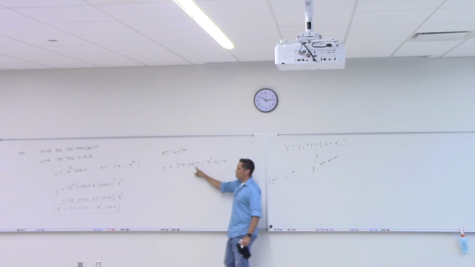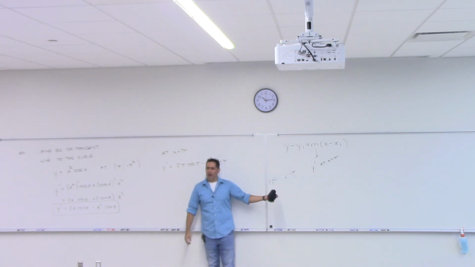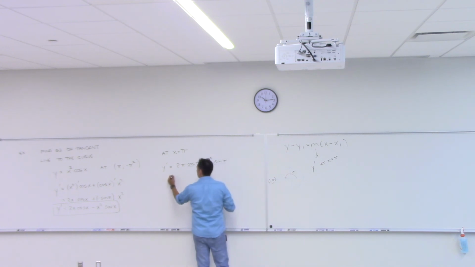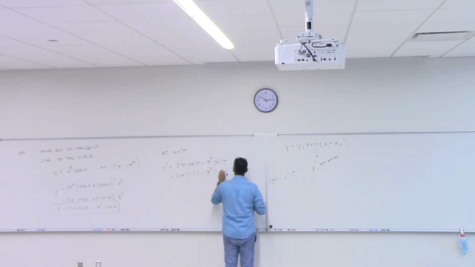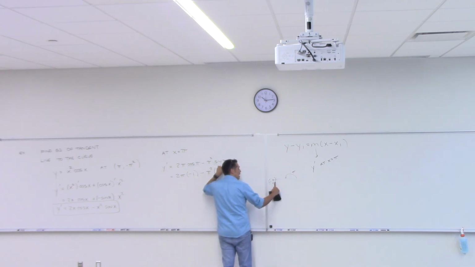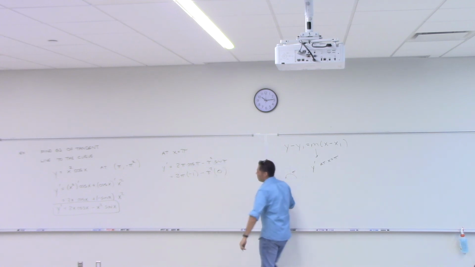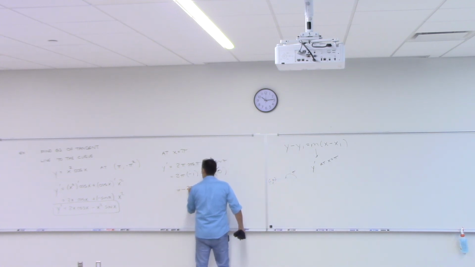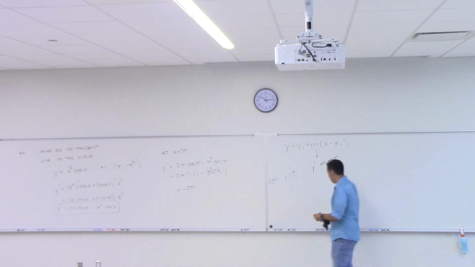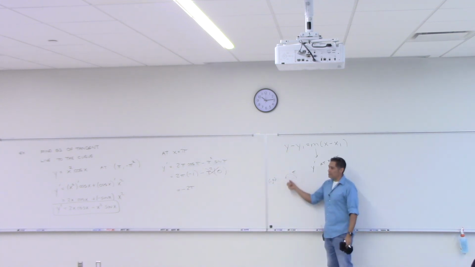Cosine of pi is the x-coordinate at pi on that circle, which is -1. So this becomes 2 pi times -1 minus pi squared times, now here, I'm looking at the y-coordinate at pi, which is 0. And so what's my answer? -2 pi. That's a slope. If you're not familiar with this and you'd like to sit down with me in my office for 15 minutes